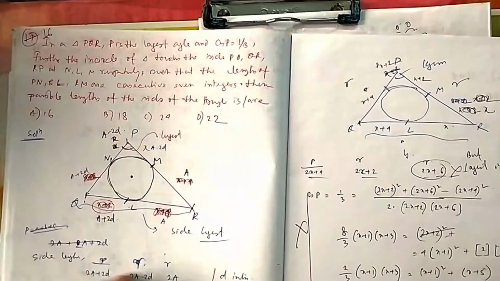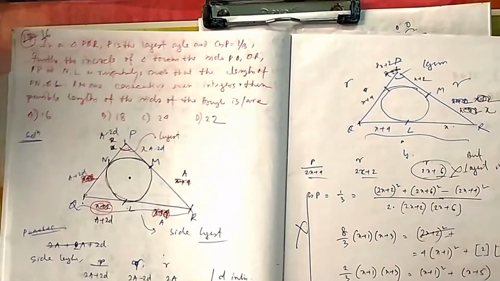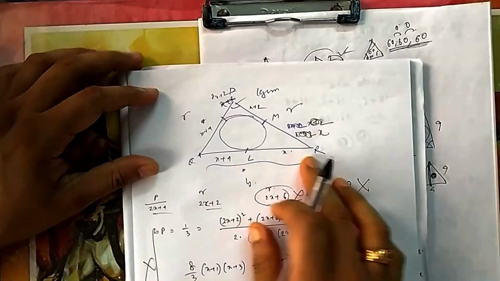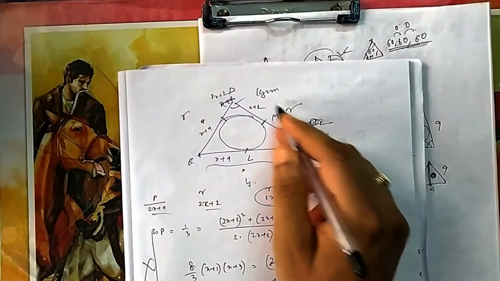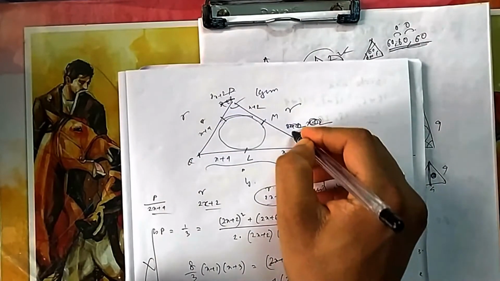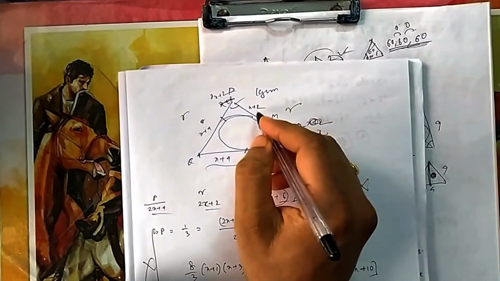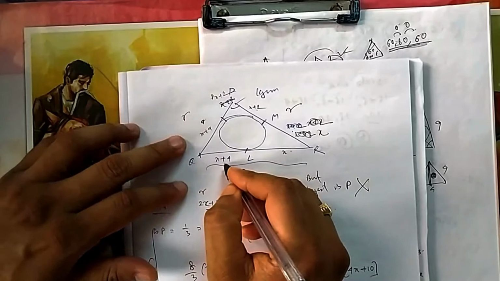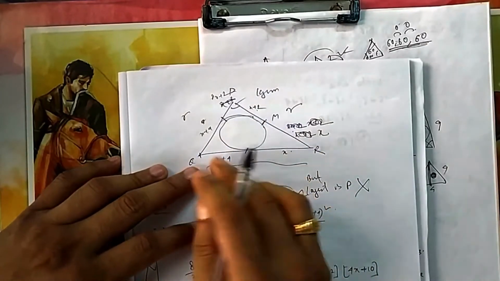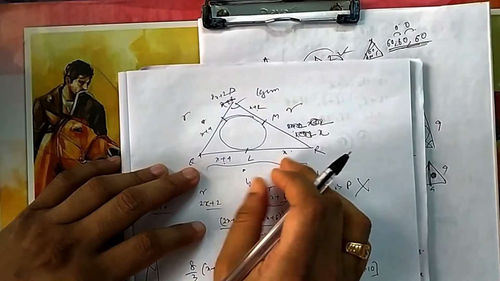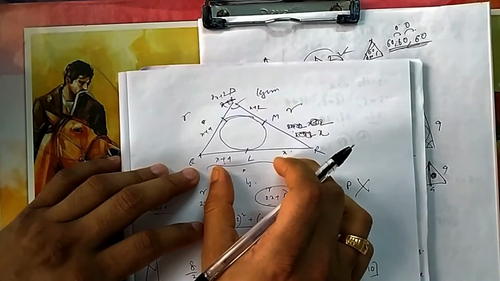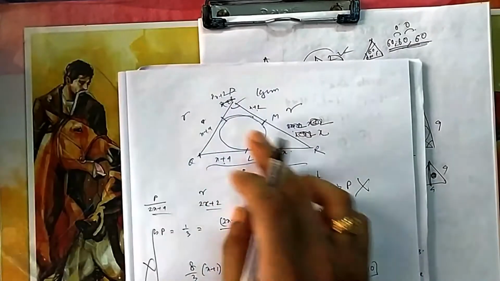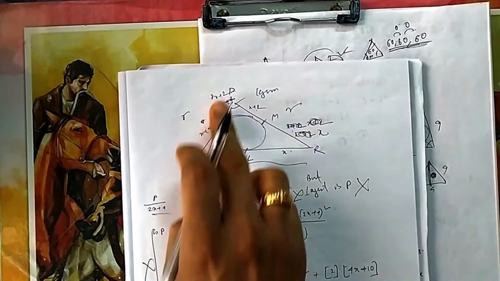Here it is done in the AP standard format, so no need to go for AP, you can directly put it here. Okay, let me write it here. If you take this as x, you can start with x anywhere, because this is x, then this will be x, because they are consecutive integers. So let me take this as x plus 2, so this will be x plus 2, the next one will be x plus 4, x plus 4. But now if you see what is the length here, the total length is 2x plus 4. What is the total length here? 2x plus 6. Which one is greater? 2x plus 4 or 2x plus 6?